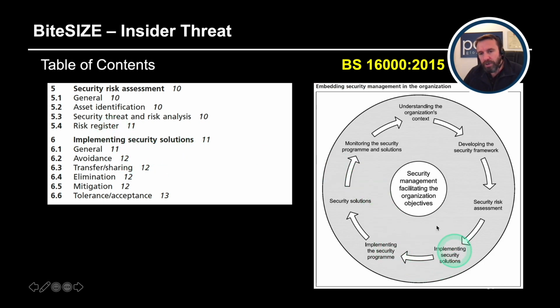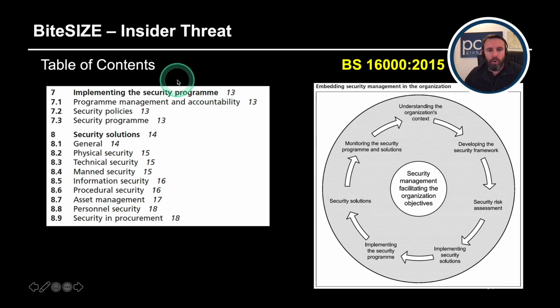Implementing security solutions. So as we can see, it's going on. This is iterative. It just goes on and on and on. Back to the start. Plan, do, check, act. So avoiding, transferring, eliminating, mitigating. Ultimately, you can see there very much risk management, isn't it? What do we do? What is our risk management approach? Are we going to avoid risk? Are we going to transfer it, eliminate it, mitigate it, tolerate it? Then remembering about exploiting it, going for it with risk management, because there is an upside to risk as well.